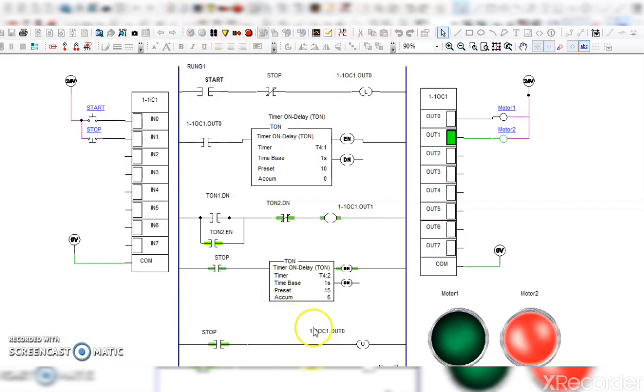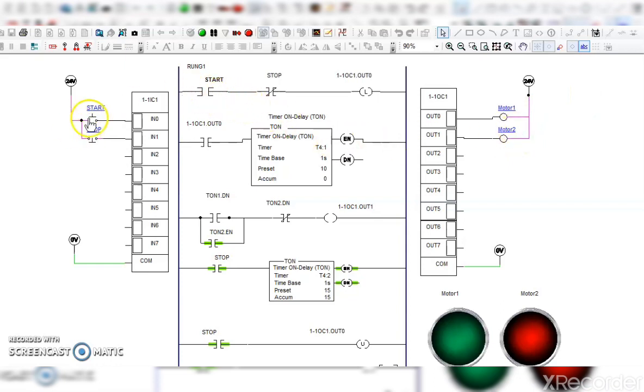Okay, now the time will increase 8, 9, 10 up to 15, and after 15 seconds the done bit is energized. Done bit is energized means this done bit, whatever was closed one, it gets opened, and because of that out 1 is de-energized, means motor 2 will be stopped.